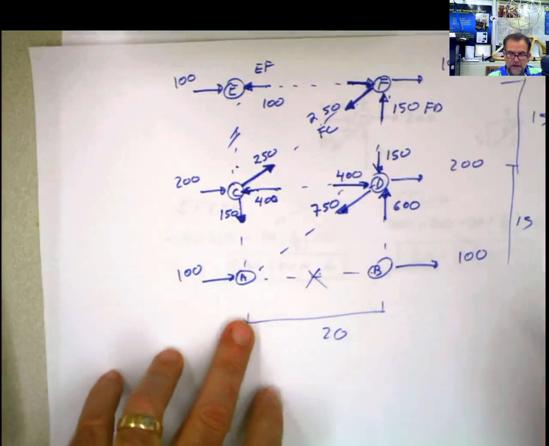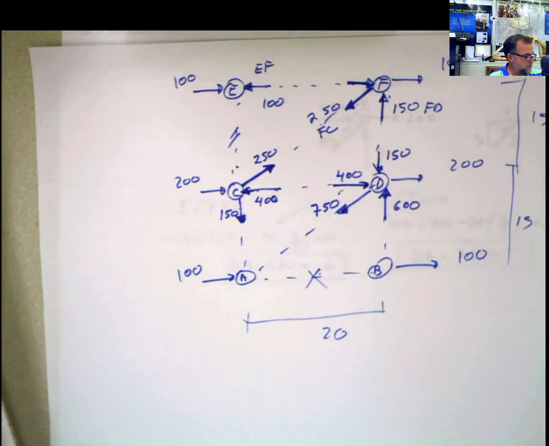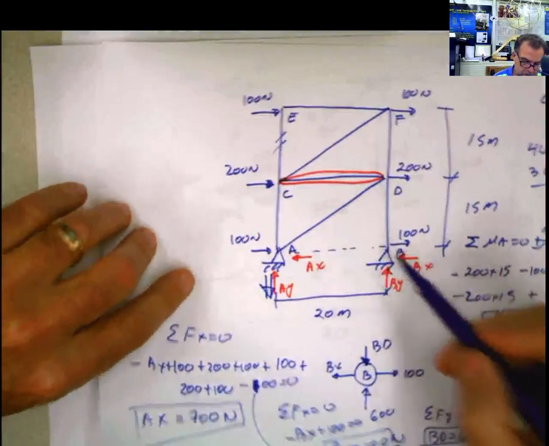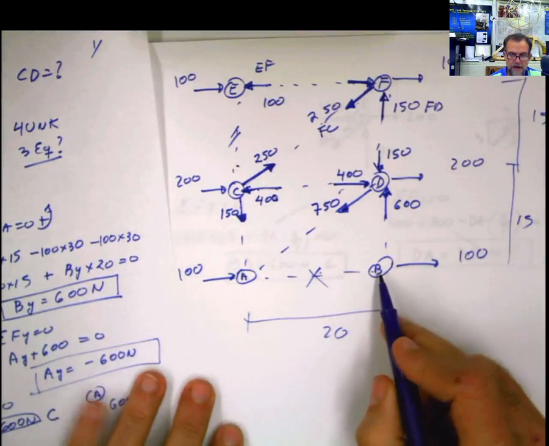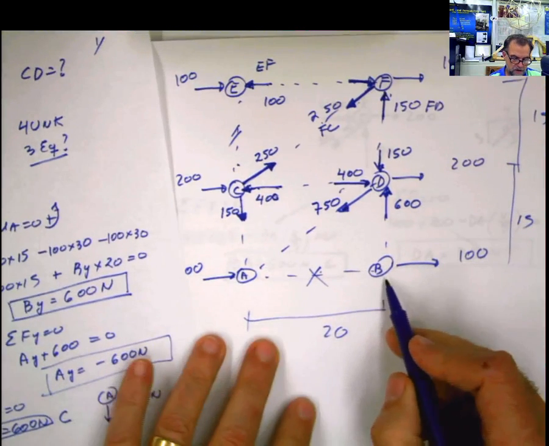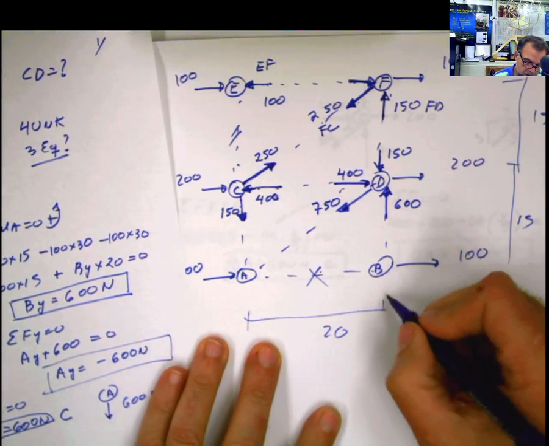Remember, this bar is not there in the original problem. I don't know why I drew it there. The original problem was this one here, and the only thing that we have to calculate is nothing. If we want to calculate the reactions, we can solve for the reactions, because now I can say, okay, no problem,